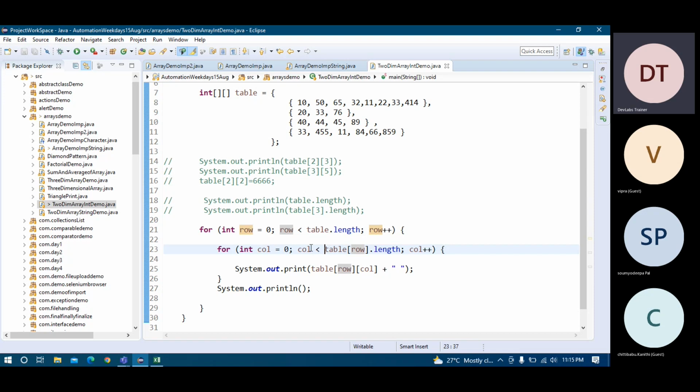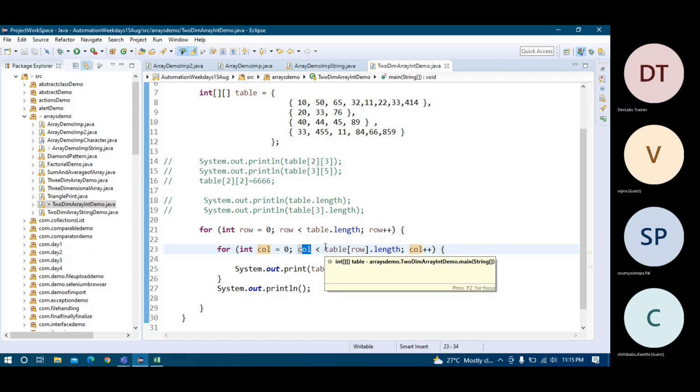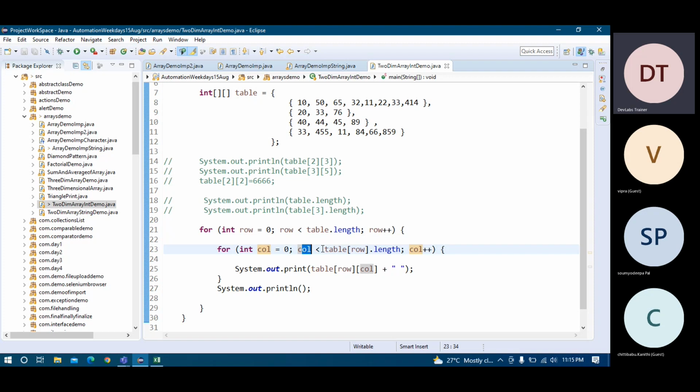That is totally dynamic here. The column index should be less than, not equal to, because it's an array. Table of a particular row dot length. You see here, table of row number 4, the index is 3, it means row number 4. So table of a particular row number, and then length.